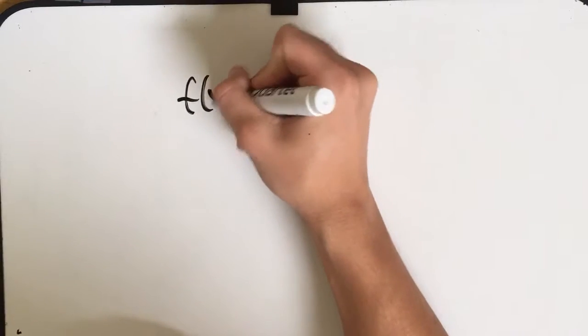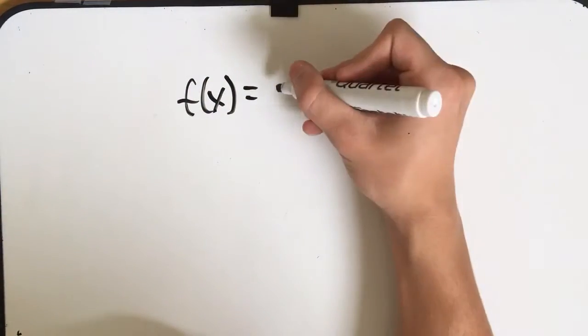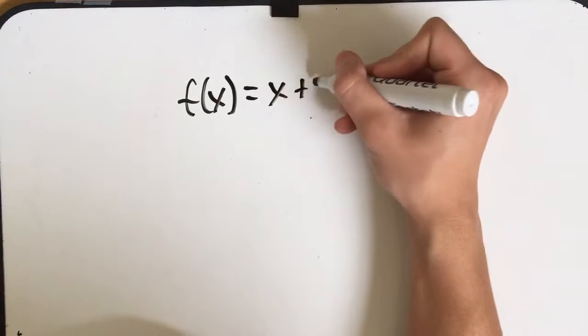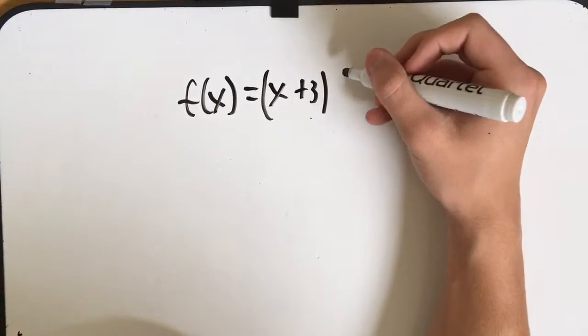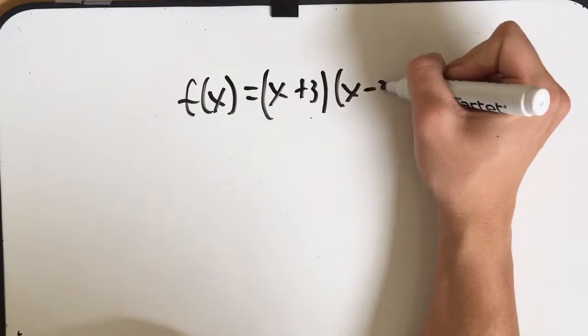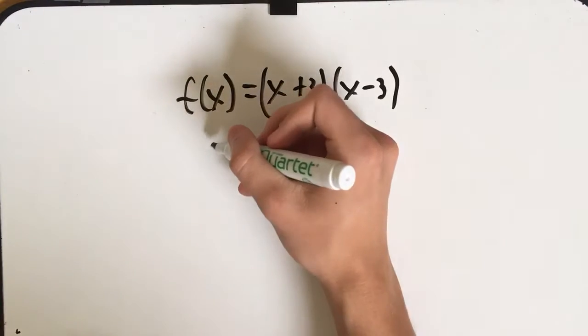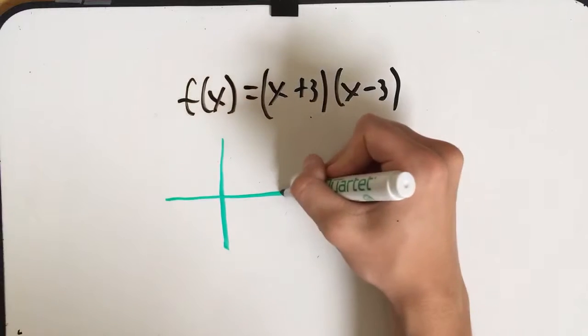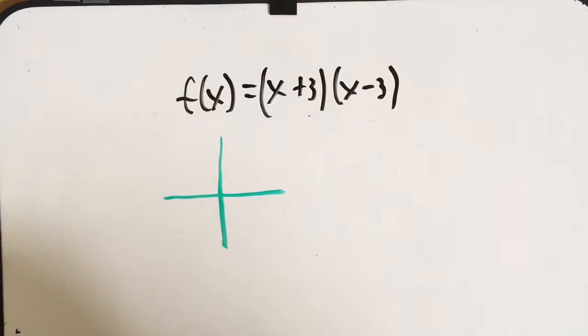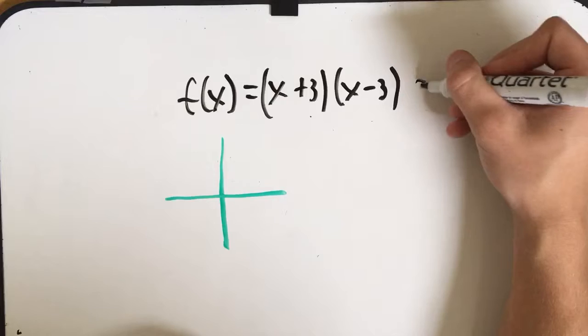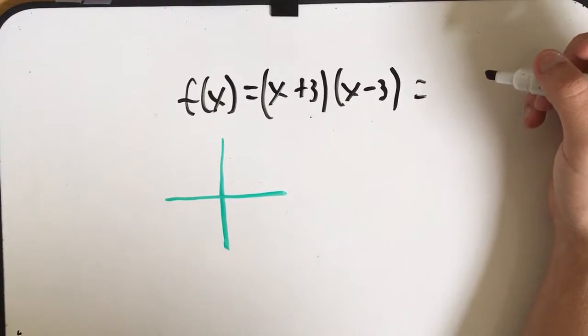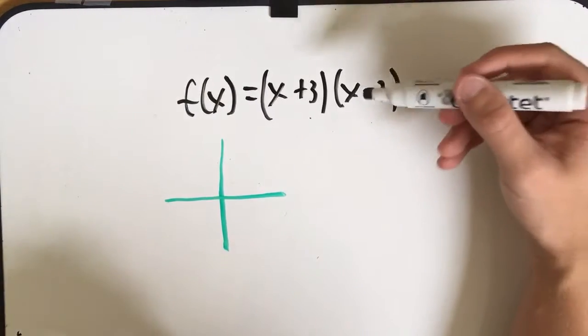So f of x, which means basically it's a function, equals (x + 3)(x - 3). Since we are graphing, we know that there's going to be a graph, so let's do that in green. And then we also know that there's going to be some type of translation. So let's start off by going ahead and factoring this out just so that we can figure out what kind of